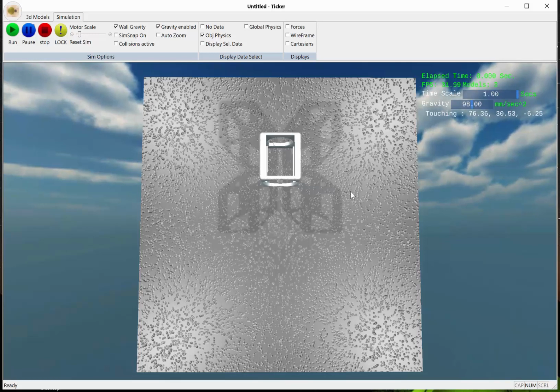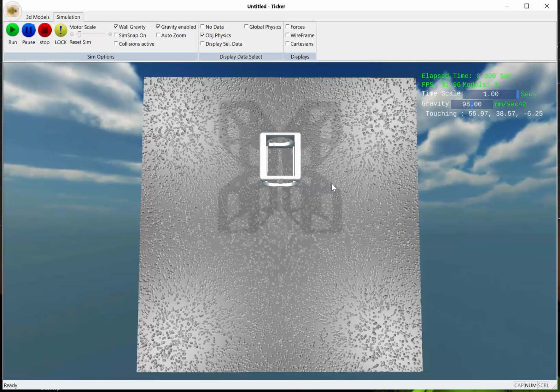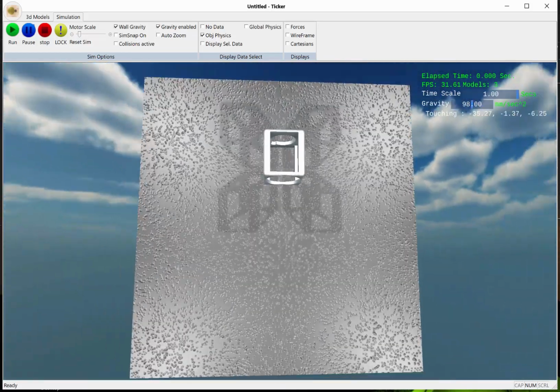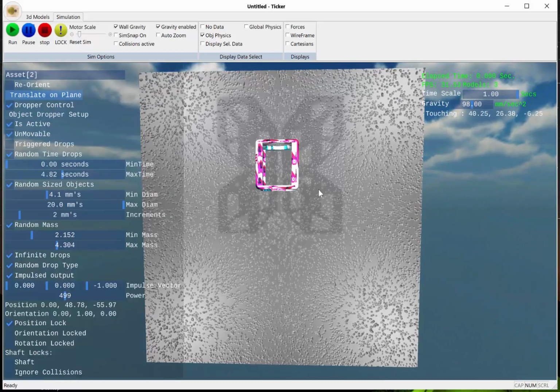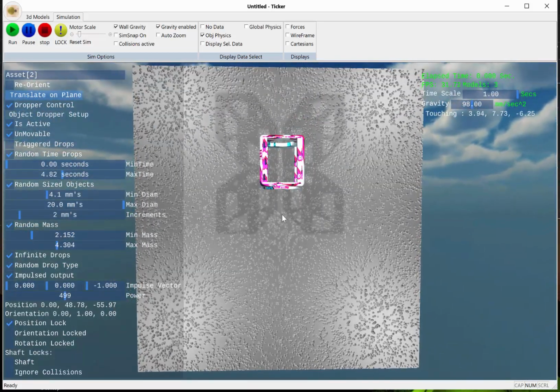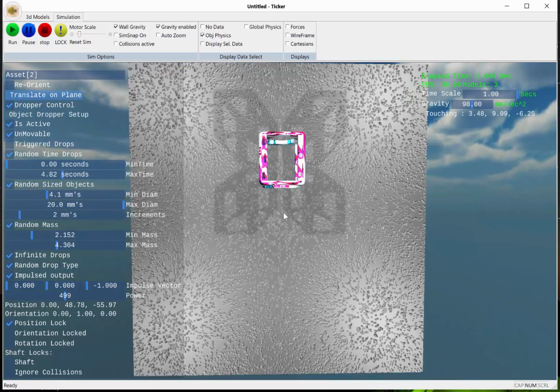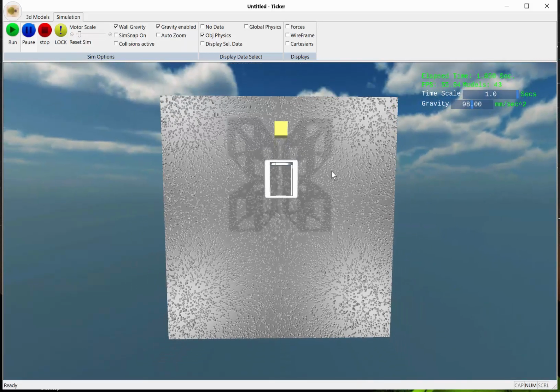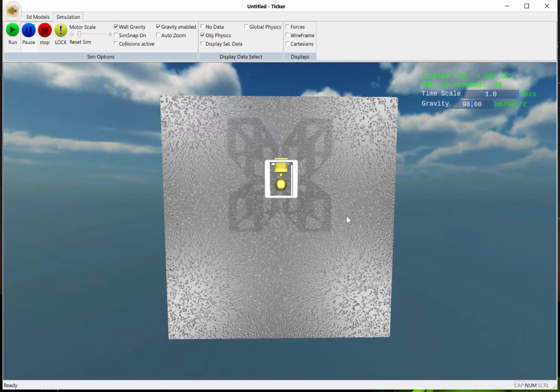In the same way that I showed switches yesterday, if you specify during an asset import that you're creating a ball dropper, the object will have the property of being a ball shooter or an object dropper. Now I just drew this cage to contain my balls or drops, but I could just as easily have designed a cannon or a gun or anything to shoot the balls, because this has a pretty wide configuration as a dropper. I'm going to turn it on here, and you can see what's happening is it's shooting a random type